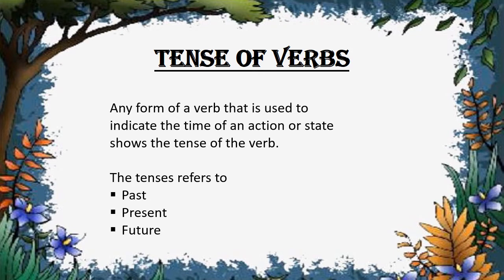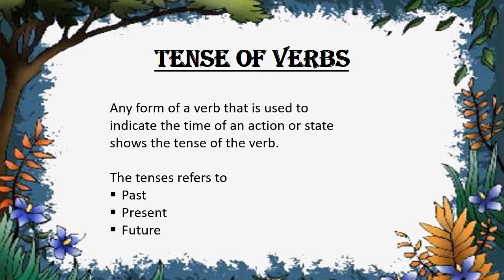Dear children, now listen. Any form of verb. What do you mean by form of verb? You remember the forms of verb? Basically there are three forms of verb. You remember that, dear children? You already learned. Just think about it and try to answer what are the forms of verb. I think some of you might be answering right now. Let me tell you, the three forms of verb are base form, past form, and past participle form. So these are the three forms of verb.